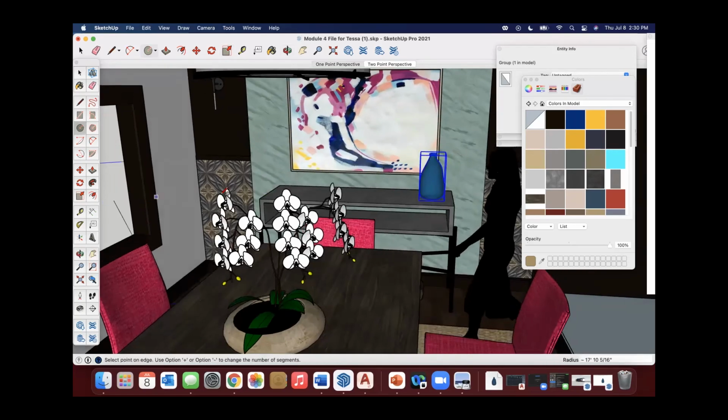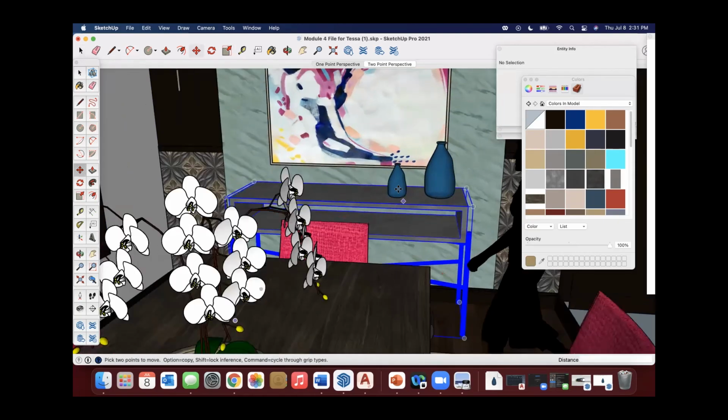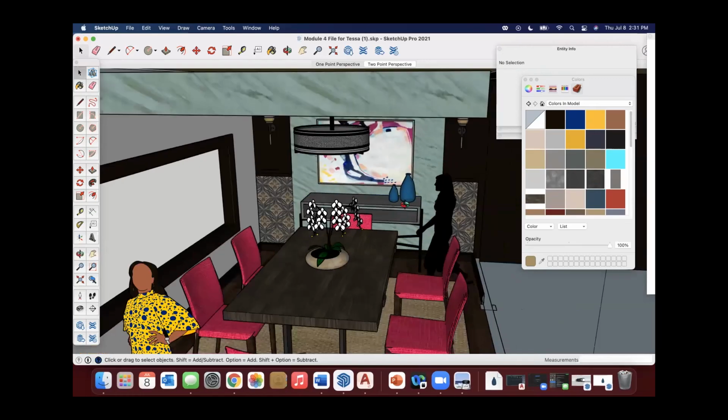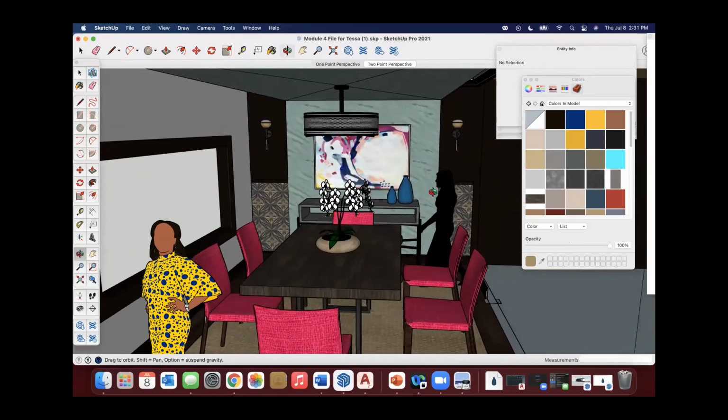And then if you wanted, you could always make a copy of this, and you could rotate it and scale it and make it a little bit smaller so that it doesn't look perfectly the same, and make a little trio or duo of them. You could add a little small bowl, something here to just finish this out. It just really starts to add some depth and some life to this.